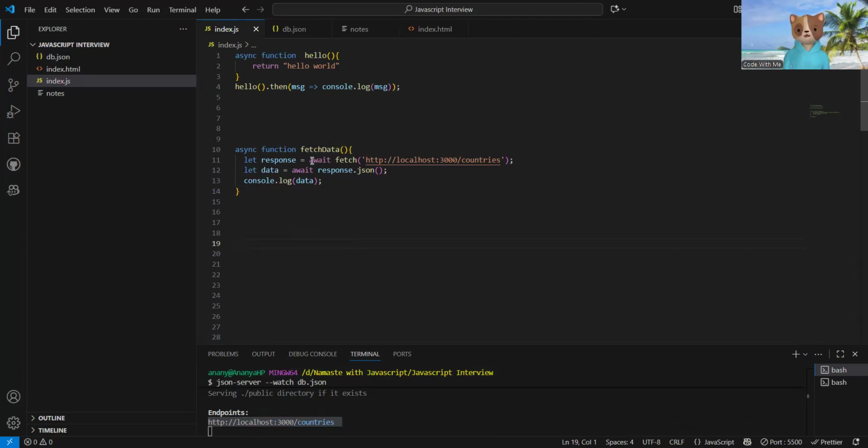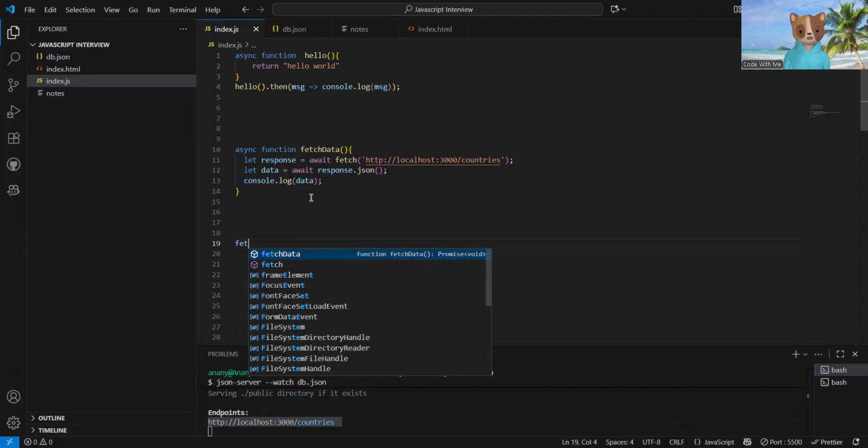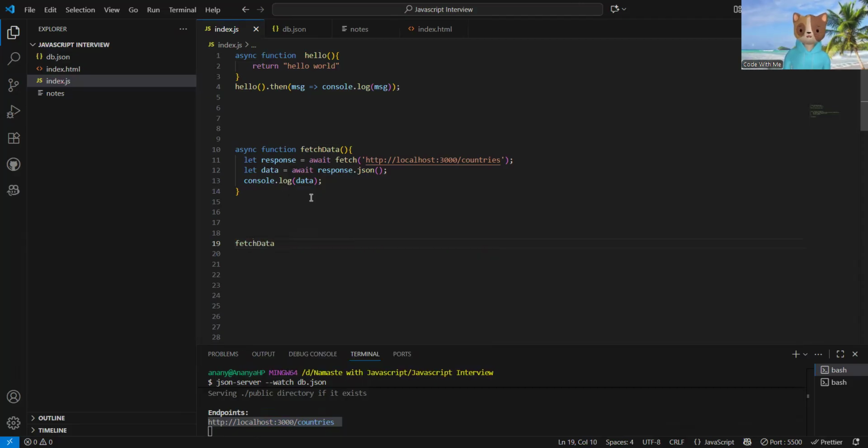Now, tell me, if I run this code, will it show me the data? Guess. Okay, no problem. I did not call this function. So first I have to call this function, then only it will execute. So see here the output.